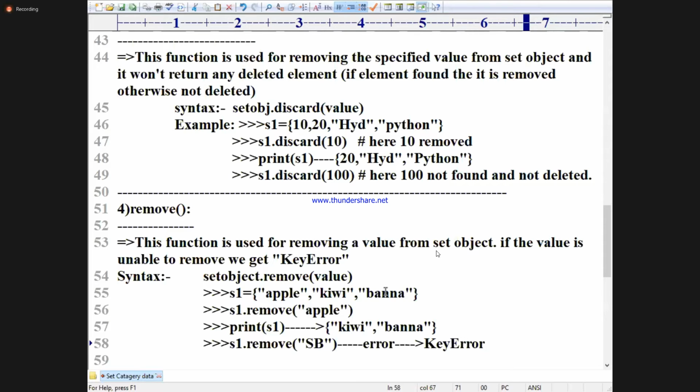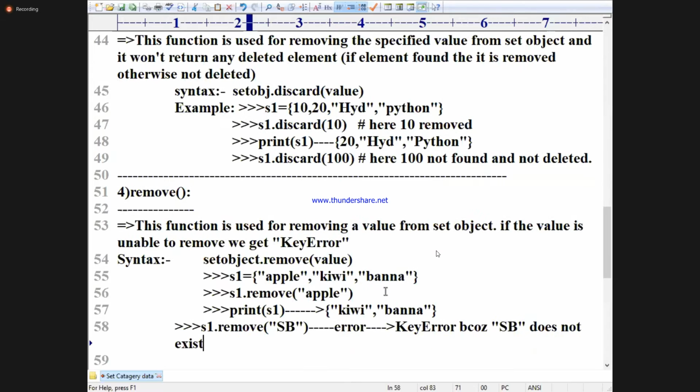Because SB does not exist in S1, the set of elements. SB does not exist in S1.